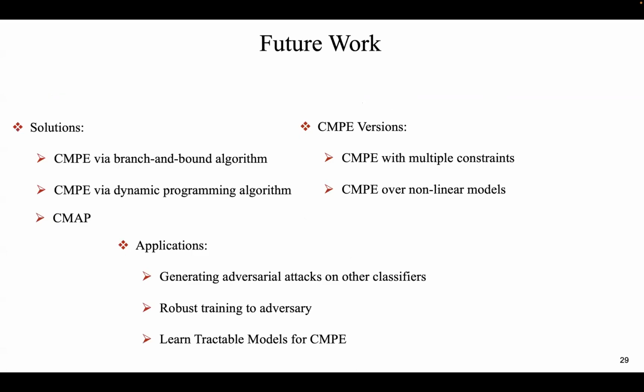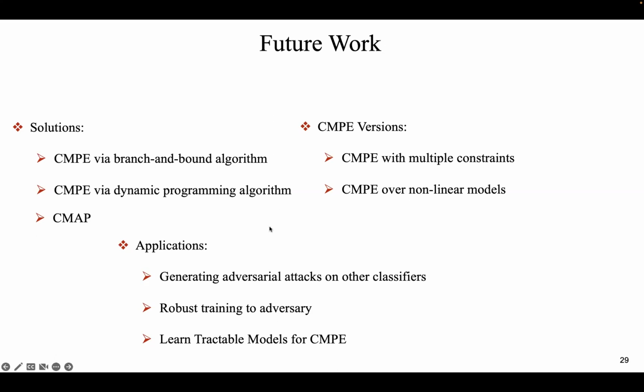So in future work, what I want to do is come up with algorithms for solving a much more difficult version of CMPE, which I'm calling CMAP. In our current situation, the task is a maximization task. But in the CMAP case, you'll have a maximization plus a summation task, or a max-sum task, which is known to be much harder, because you have to sum out all the variables that are not involved in the query or not involved in the explanation when we are trying to solve this CMAP task. Okay, so those are some of the algorithmic issues that we are going to try to address.